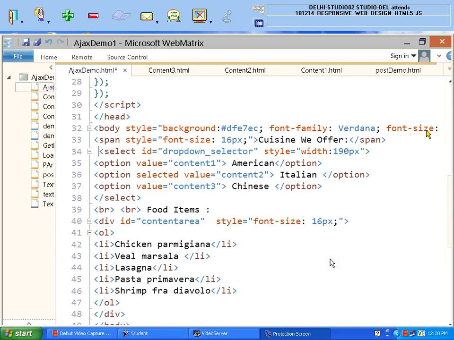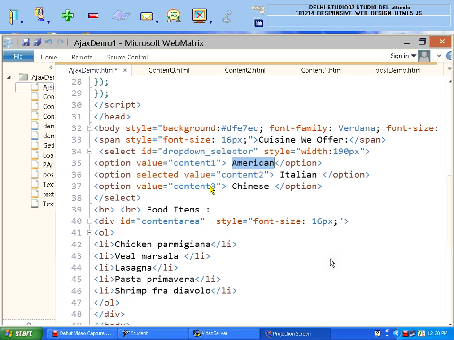Option value: you can see the value is content one, and the text is American. Remember, this is the value, which will not be visible on your browser, and this is the text which will be visible on your browser. So I'm giving the name American. For the second option, I'm saying value equal to content 2, and by default I want to select this one, so I said selected.